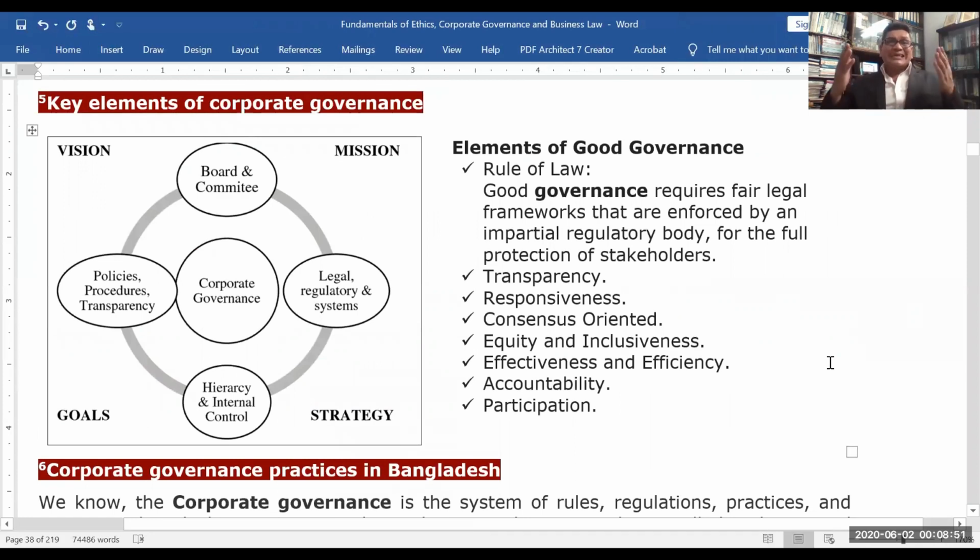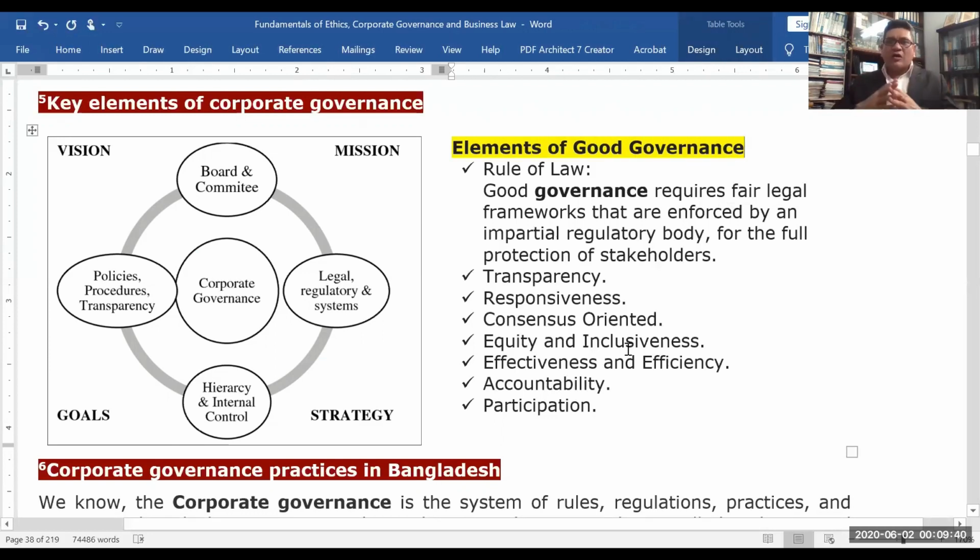And we can say that there are key elements of corporate governance. A company should have a vision, mission, goal, and strategy. Combined with that, the components of corporate governance should be the board and board committees, legal and regulatory system, internal control, policies, procedures, and transparency, and the combination is interrelated with each other. Now, the elements of good corporate governance, look here,